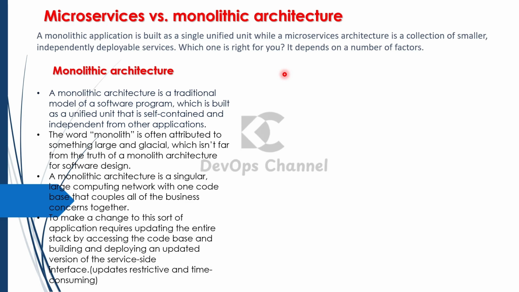Now, this is the most asked question in DevOps interviews. What are microservices? And it is also asked along with monolithic architecture. So what are the key differences between them? Let's understand it. If we talk about an overview, a monolithic application is built as a single unified unit. As the name suggests, mono, right? While a microservices architecture is a collection of smaller, independent